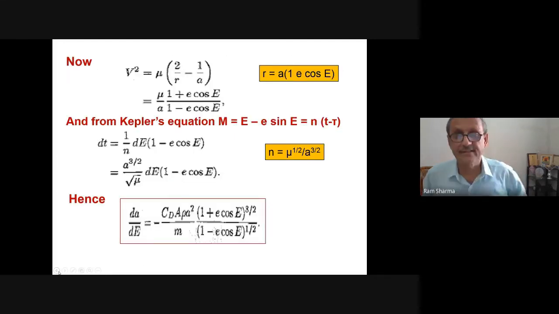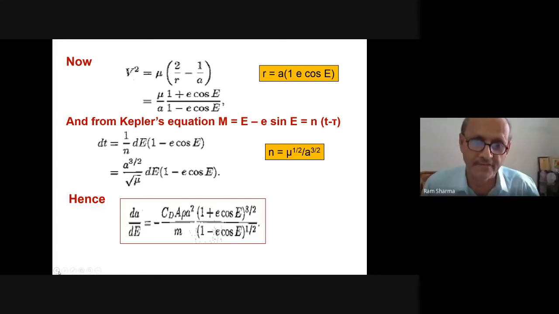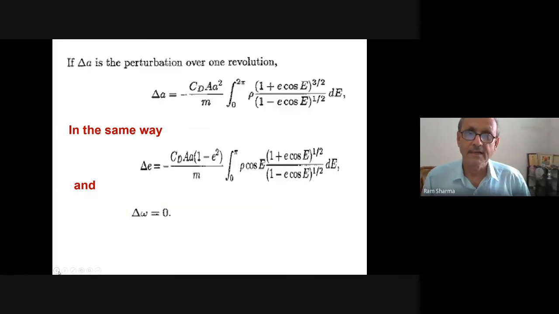Now you see, this is ideal. This is ready for integration. You can see there, if you know density, it is ready for integration. A mathematician will love to see this, because CD is constant, A is constant, and at the beginning of the orbit mass is constant, and density only now is the thing. At a particular height, density is also constant. So this is ready for integration. And this is how the fundamental equation is derived from the very first principles.